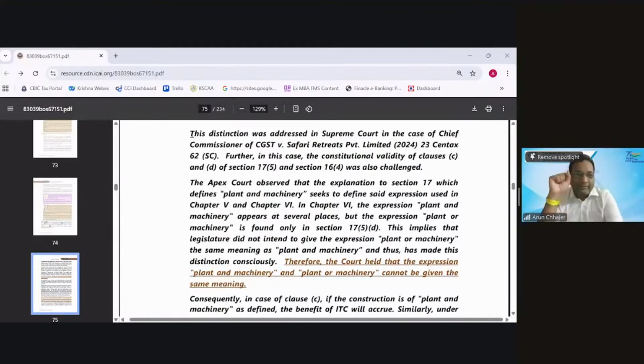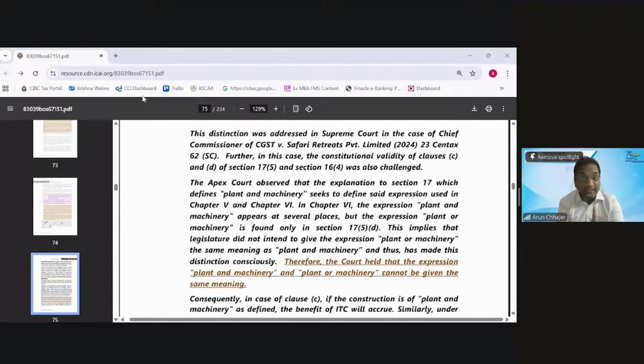See, for example, you tell me one thing. If I am constructing my factory premises for production of the goods in which I am dealing, can't you say that ITC on the factory should be allowed because it is completely for production only? Don't you think that ITC on that particular expenditure should be allowed? It is not covered as a plant. See, construction of my factory is not covered as a plant. Only foundation or structural support is covered. I cannot say the entire factory is considered as plant.